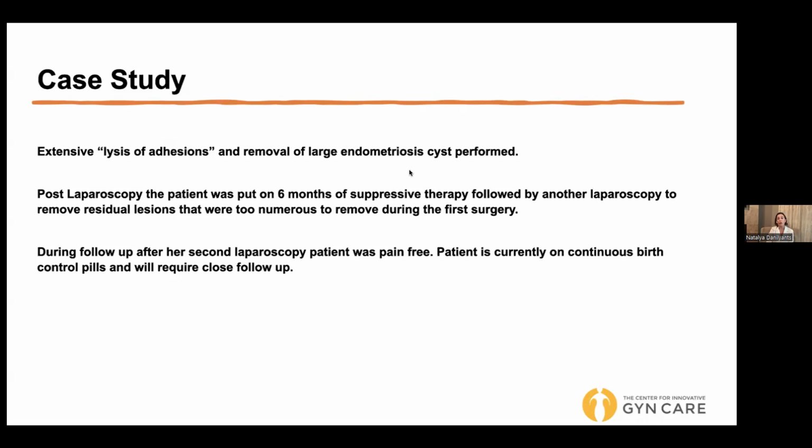Now, if everything's been ruled out and there's still no clear cause of the pain, then you move on to treatment. Pelvic floor therapy sometimes can be helpful for pelvic pain, especially if there's no clear cause, and it can be helpful in relieving that pain. Another important thing is who did the laparoscopy, whether any biopsies were taken, and if there were pictures, to make sure that more subtle lesions were not missed. So that's another important point. Probably seeing a specialist is going to be important.